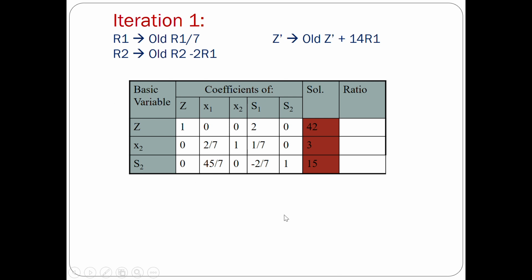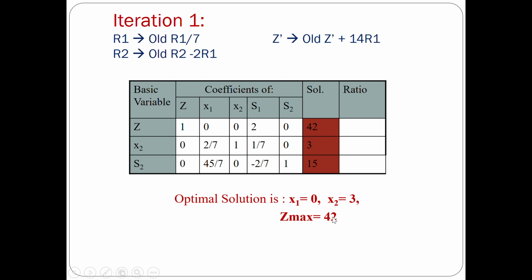After constructing the first iteration table, we have to check whether the optimality condition is reached or not. Now, if you see this, all the Z function row entries are zeros and positives, that is greater than or equal to 0. There is no negative number. That means the optimality condition is reached. We can just take the solution out of it. The optimum solution is: x1 is not in the basic variable. That means x1 is equal to 0, x2 is equal to 3, and z max value is 42. This is our optimum solution.